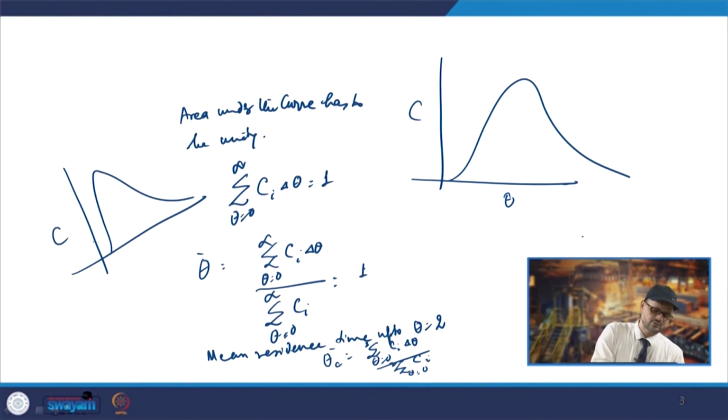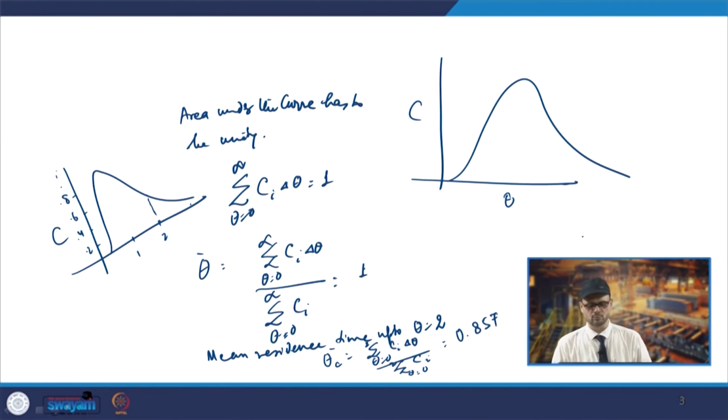Now, that is done for the curve which we had earlier seen, where you had the data, where suppose you get a curve like this. So, you will have the C values, and then you will have 0.2, 0.4, 0.6, 0.8, and on this side you will have 1, 2, 3. This is taken for actually calculating the dead volume. So, for this problem, when you computed sigma C I delta theta upon sigma C I,